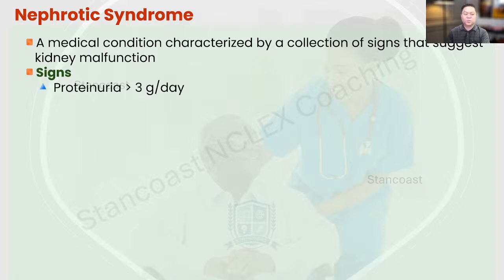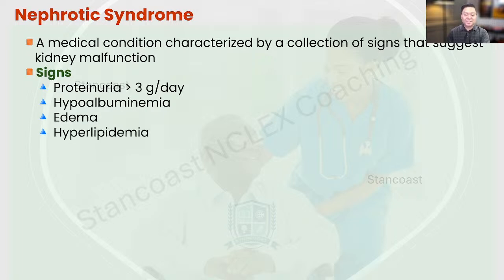First one is the proteinuria, which is going to be about 3 grams per day. That's a lot of protein leaking into the urine. And then we have the hypoalbuminemia, which is a decreased serum level of albumin. And then we have edema, and hyperlipidemia, which is an elevation of the LDL and also the triglycerides. We also have infections and possibly thrombosis. So I really want you to focus on these manifestations because these are the often asked situations or assessment findings